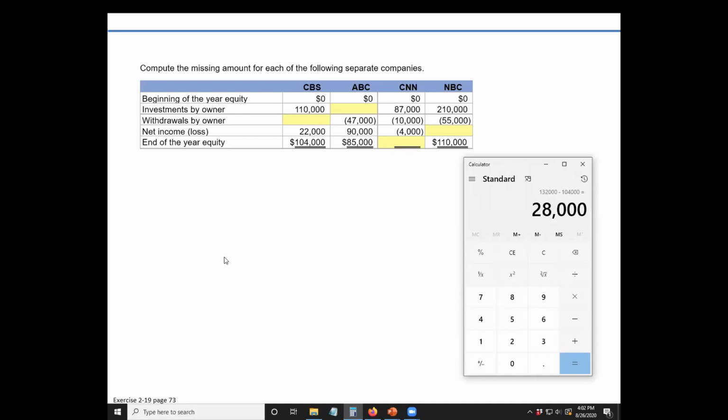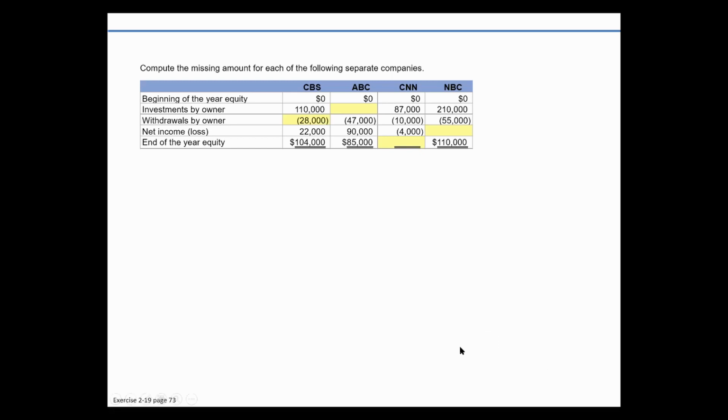the withdrawals by the owner have to be $28,000. And again, in accounting, we know that a negative number or a withdrawal is listed in parentheses. So let's look at